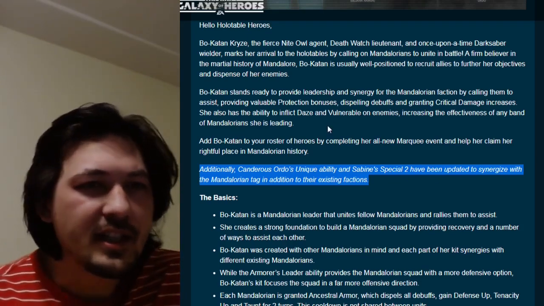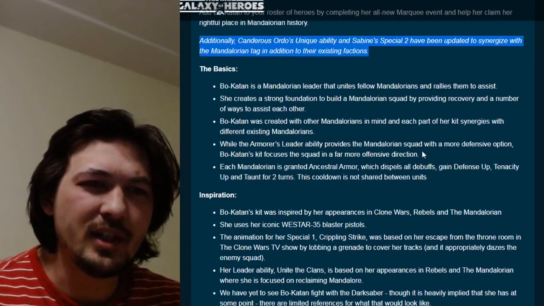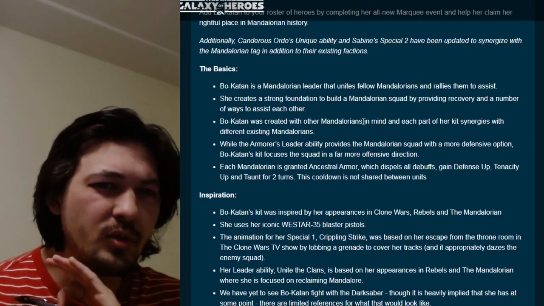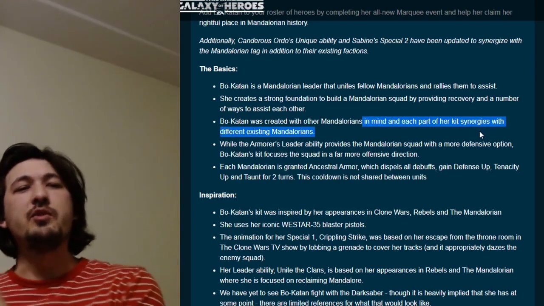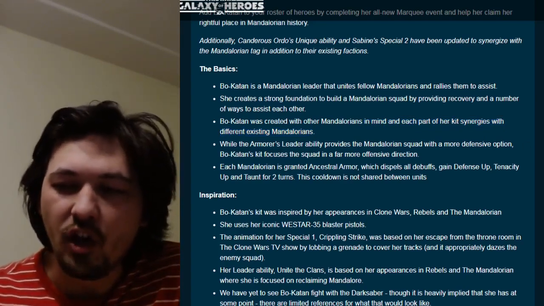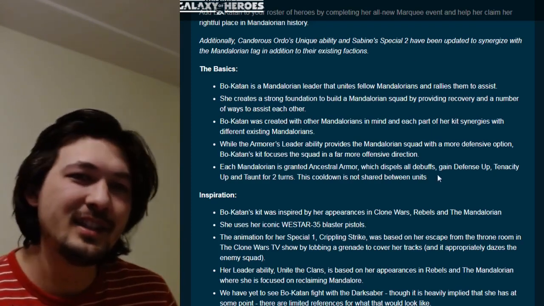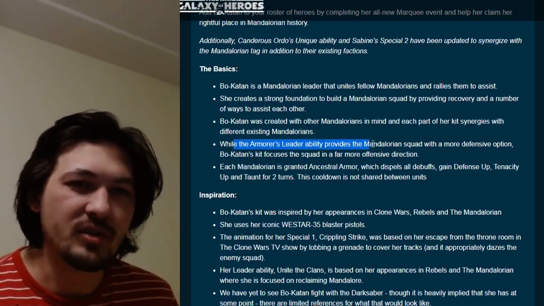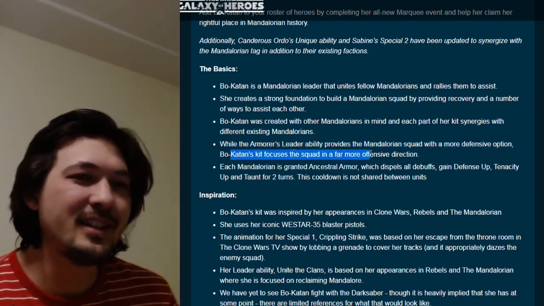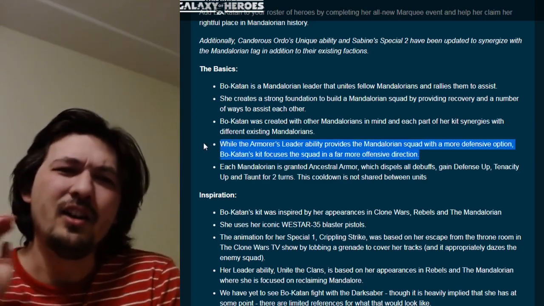Now, the next portion here, with the basics, the thing that I think is worth highlighting are the references here to just how she is going to be synergizing with the Mandalorian characters, how she's adding all of this recovery and assists. That's really what her kit is built around, those abilities. And then they have a point here about Armor's leader ability providing the Mandalorian squad with a more defensive option. Bo-Katan's kit is a more offensive direction. That's all very relative in speaking, although I think